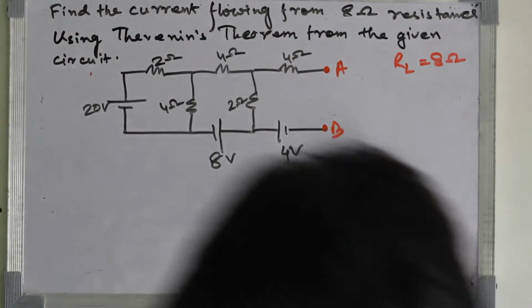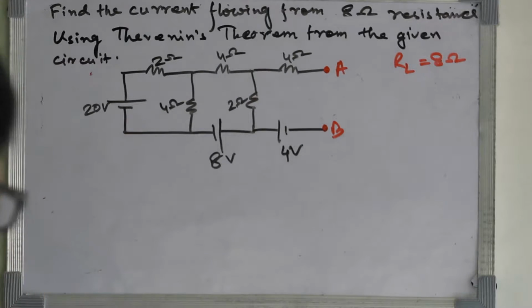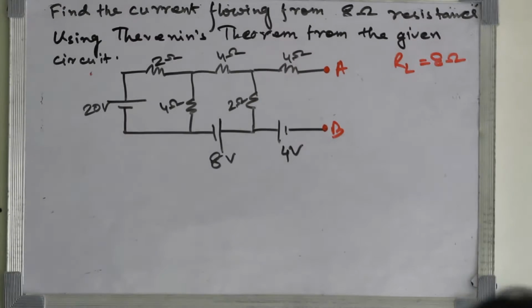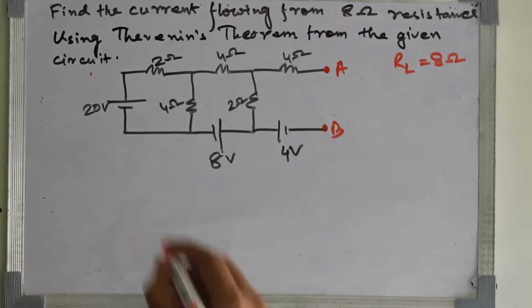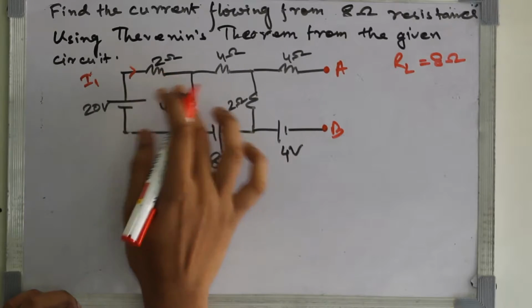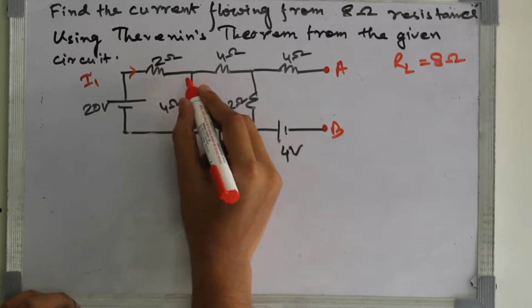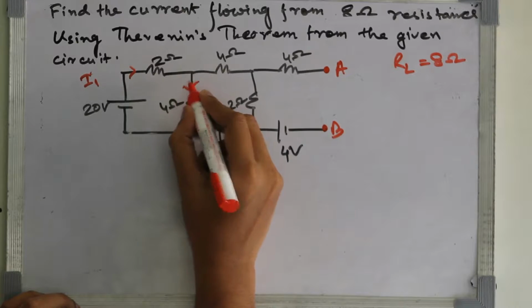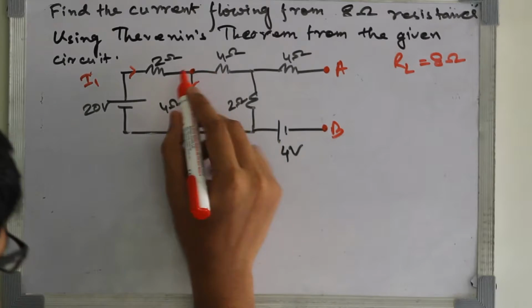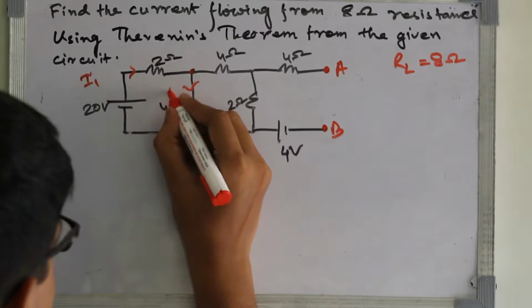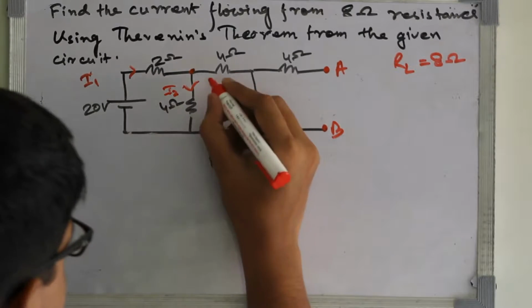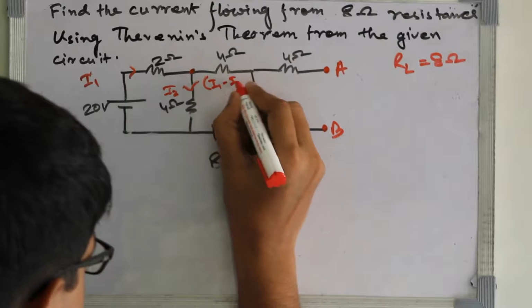Okay. Now in the next step we have to do another thing. We have to distribute the current inside this circuit. Let I1 current be flowing from here. So if it flows from here, then I1 will come down and distribute from this node. So here will be I2. This will distribute in two parts. Let one of the parts be I2 and another part be I1 minus I2.